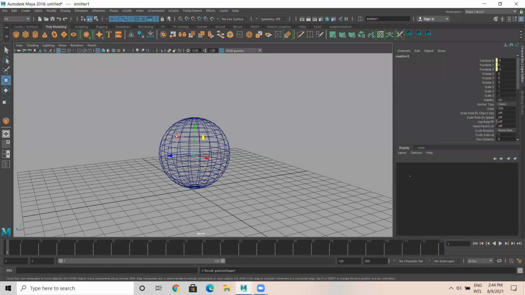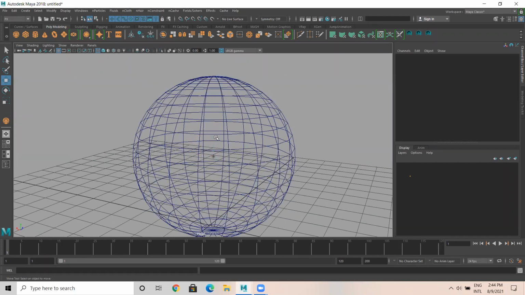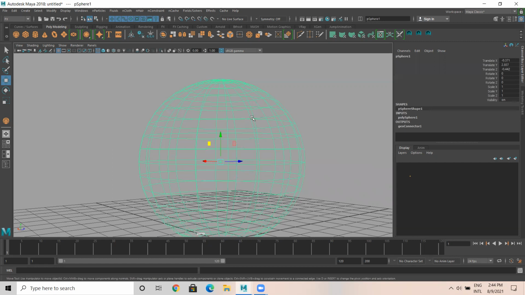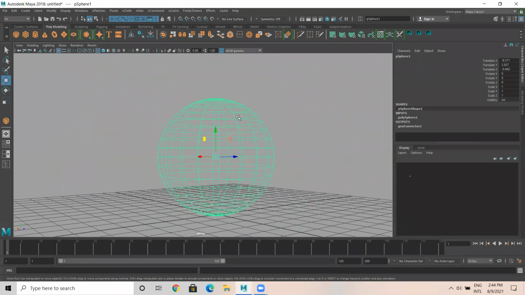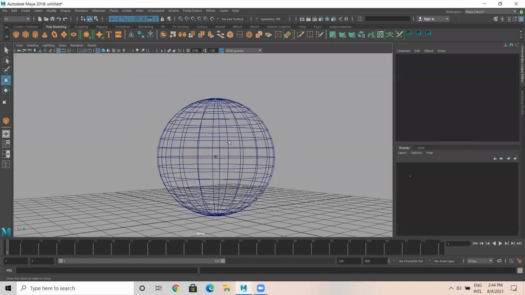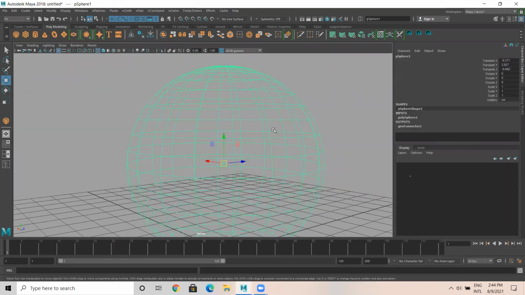Okay. So when I pick emit from object, you can see an emitter is at the center of the sphere. So now when I select the sphere, the emitter is also selecting. See here, the middle one. Okay. So you move this, the emitter also does move along with the sphere. Okay. That's because this particular emitter is emitting from this object.